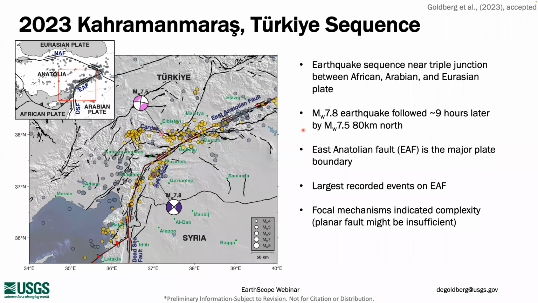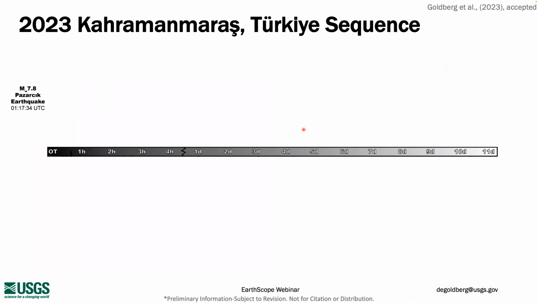So I want to show how our modeling evolved over time during this earthquake sequence to improve our understanding of these earthquakes as we had access to more local data, and what local data means at this point will be expanded. So I'm also going to deviate from talking just about finite fault modeling and give a little insight into the full scope of rapid event response for these earthquakes.